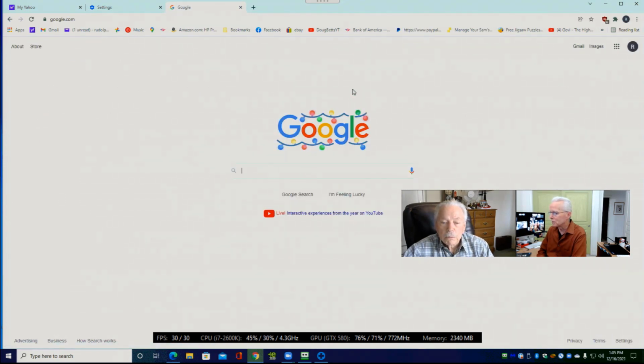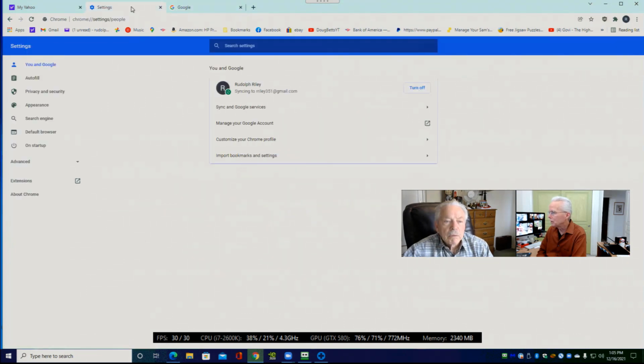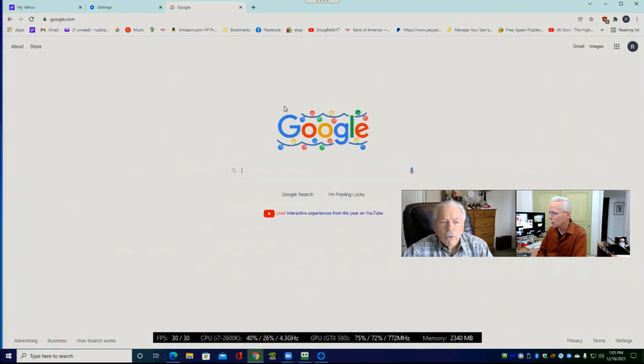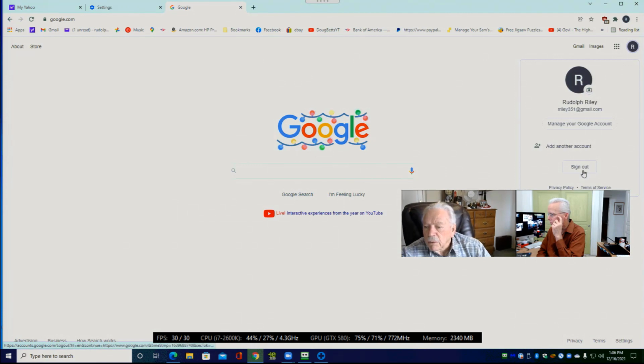And what happens now is we have another profile icon here that we didn't see when we were on the settings page or on the Yahoo page or any other website. But when we're actually on the Google website, we do see that profile icon here. We click on it, and here is sign out.